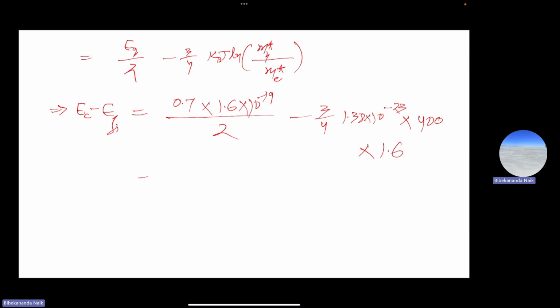So it will be 5.6 into 10 to the power minus 20 minus 6.6 into 10 to the power minus 21. If you arrange it, it will give you 4.94 into 10 to the power minus 20 joule, or if you convert it to electron volt, it will be